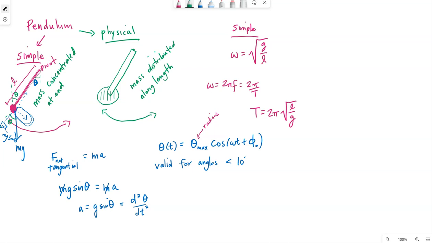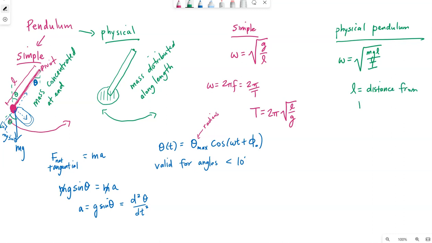The solution for a physical pendulum is similar, but it looks like this. So m, the mass of the pendulum as a whole, g, acceleration due to gravity. L in this equation is not the entire length. It is the distance